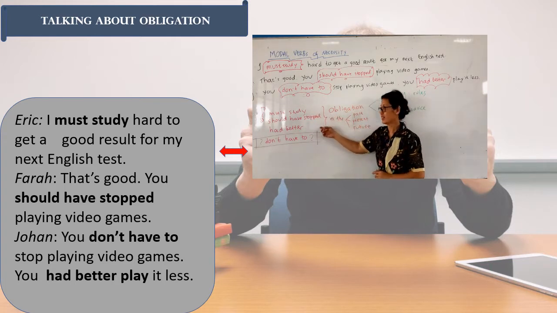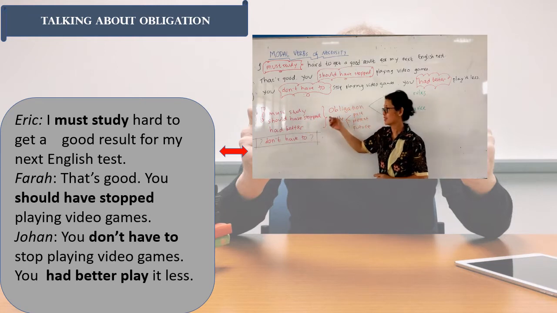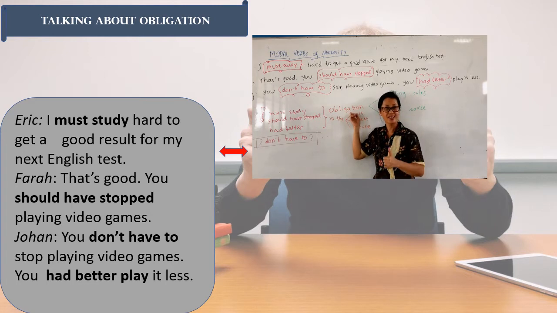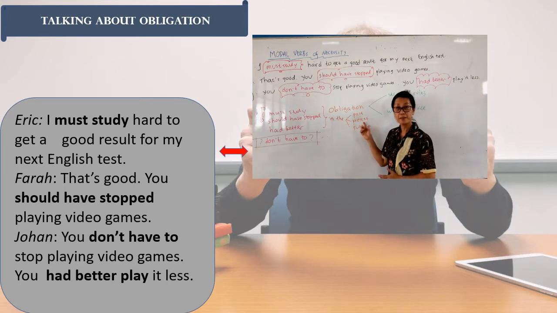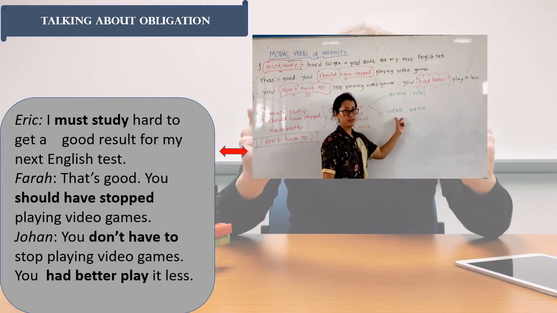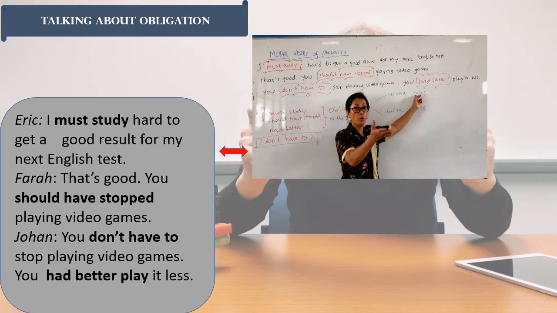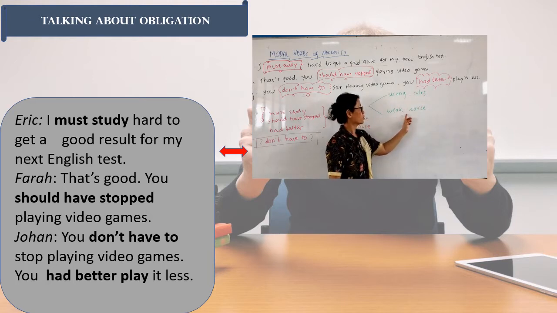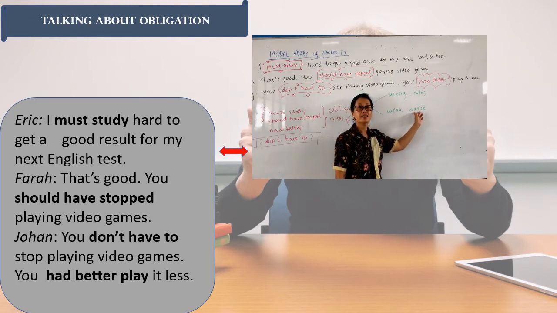Now let's see first here. Actually, these phrases show obligation. What is obligation? Good. Kewajiban, keharusan. And it can be in the past, present, and future. Now look at the word obligation itself. There are 2, the strong ones and the weak ones. The strong ones will deal with rules. What are rules? Regulations, peraturan, good. And the weak ones will deal with advice or suggestion, which means nasihat atau anjuran. Okay.